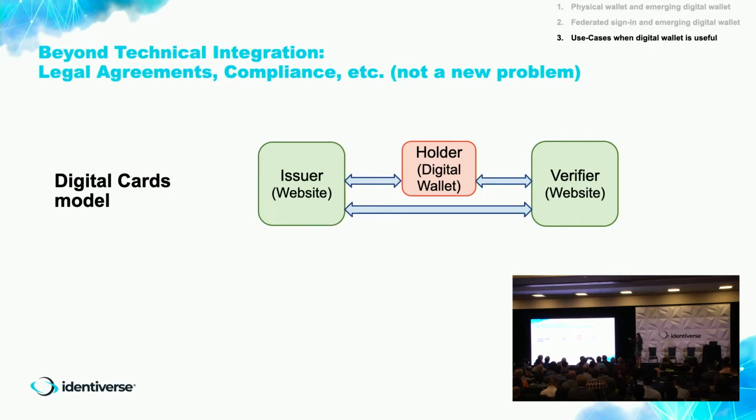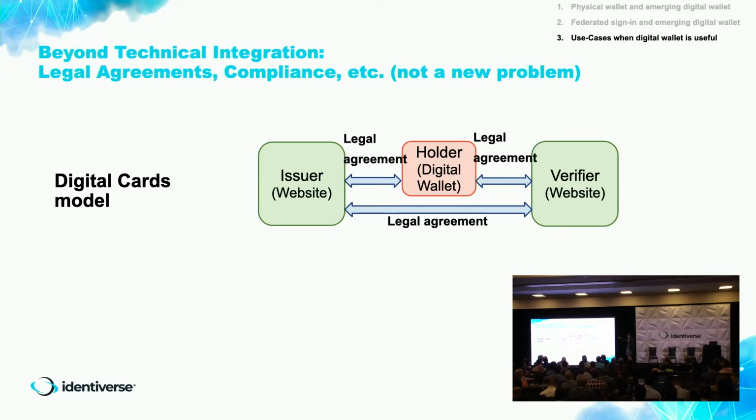And it's the tip of an iceberg, right? And there'll be a lot of great sessions on trust at Identiverse. It's never just technical integration, right? Usually you would have legal agreements and whatnot. And what's really different in the digital cards model is, from an issuer and verifier perspective, I want to know whether this wallet can securely store these credentials without tampering with them, right? Because digital keys become very important. And from a holder perspective, I want to know whether this issuer is actually an authoritative issuer and whether this verifier is going to treat my PII correctly after I present it, right? Not going to reuse it, impersonate me, whatnot. So there is more room for legal agreements than in the traditional model, right?